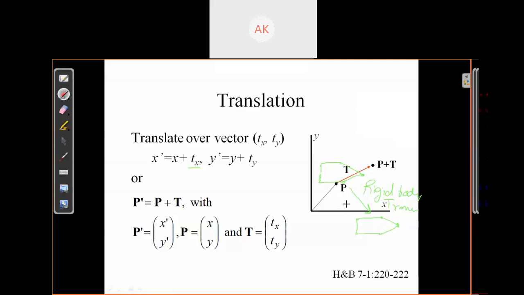Suppose you want to translate a circle from one location to another location. Suppose there is an original position of your circle and you want to translate this circle here to here. What you will do is translate only the center point from one location to a translated position and redraw this circle at the translated position. In the same way we will translate an ellipse. This is a rigid body transformation.